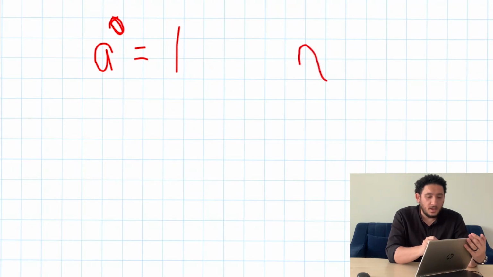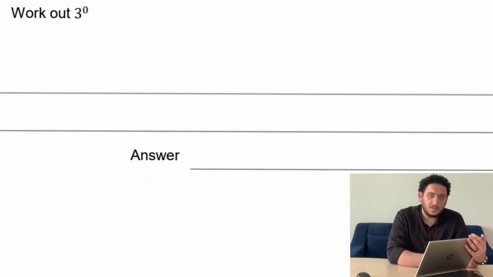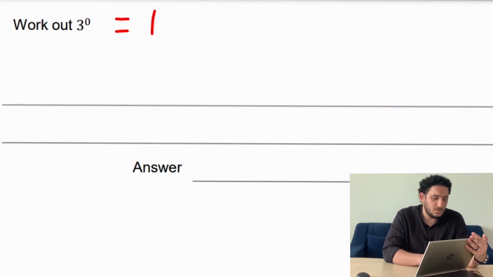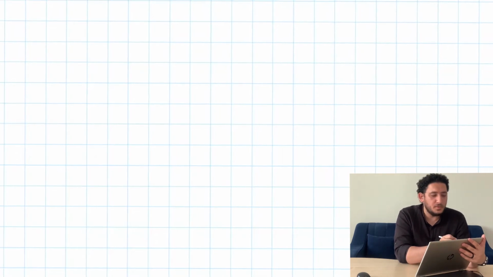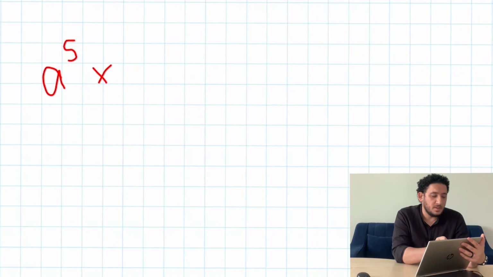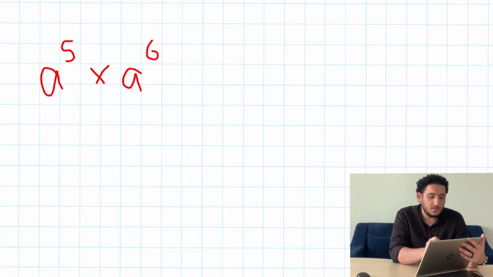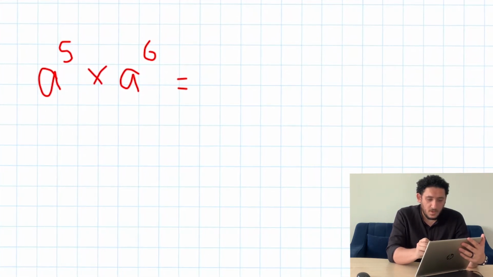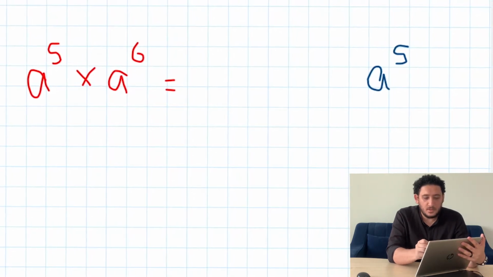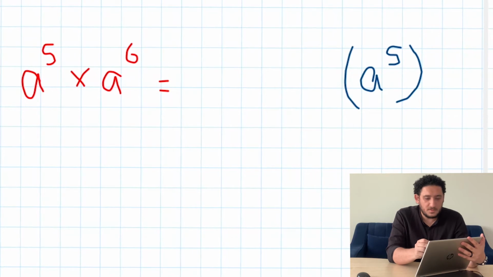You can say x power 0 equals 1. So when I say work out 3 power 0, it equals 1. I have another question for you. If we say that you have a power 5 multiply a power 6, and on the other side you have a power 5 all power 6,